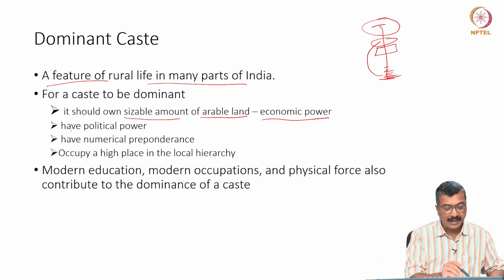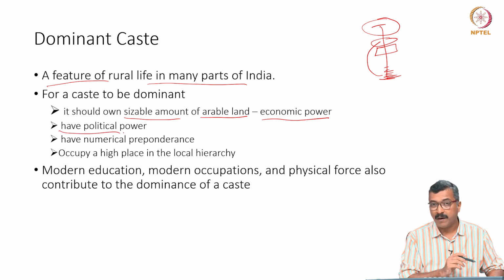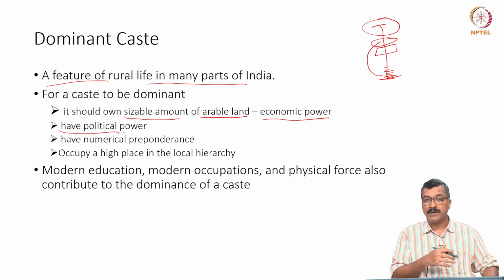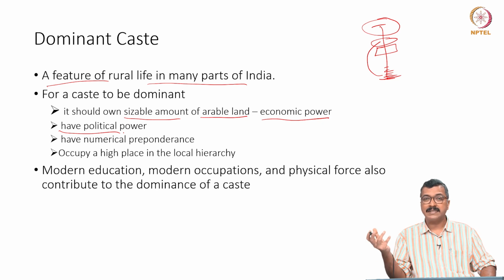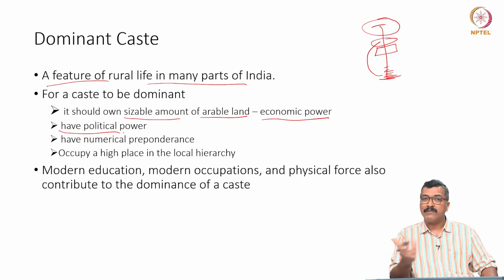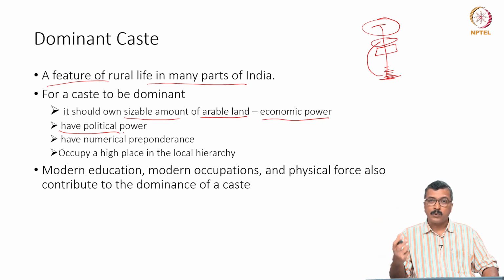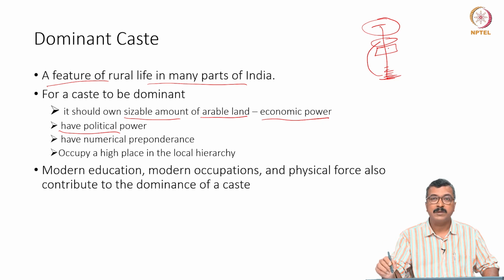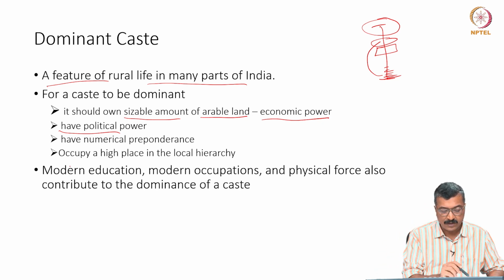And then secondly, the political power. Of course, when it comes to the modern democratic system, political power has assumed a different character. But even during the colonial or pre-colonial period, the political affairs of a region were mostly controlled by the people who had ownership over land. And the second one